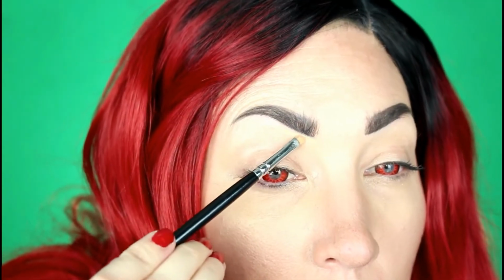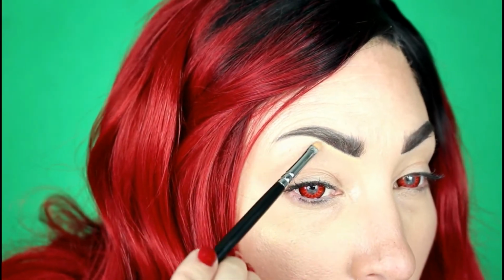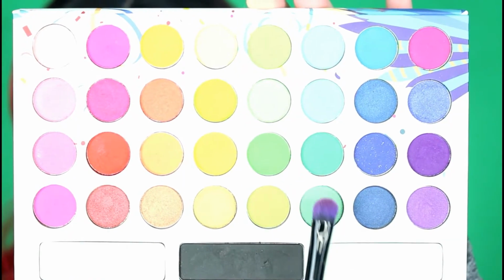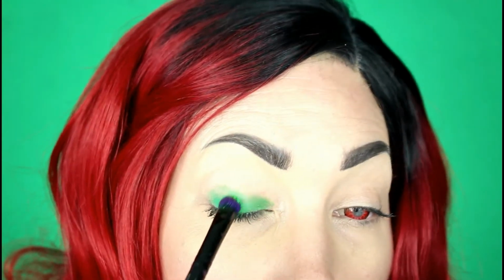Cleaning up under the brows a little bit with some concealer, just carving them out, making them look a little bit cleaner. This is the BH Cosmetics Take Me Back to Brazil palette, and as usual I didn't have an exact direction on where I was going. I just knew the general colors, so I wanted to work with greens and light greens and different shades of greens. So I'm just packing on a darker green on the lid and under,